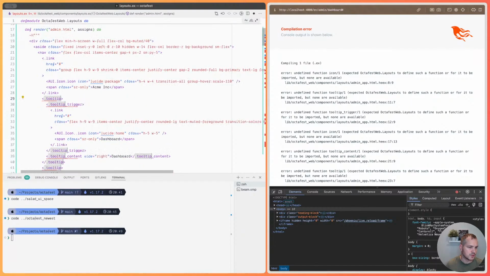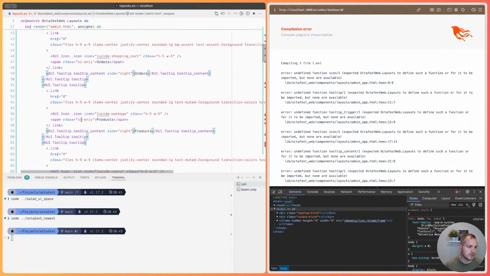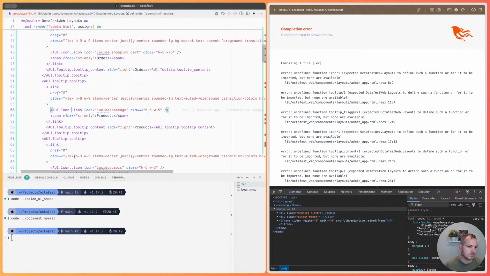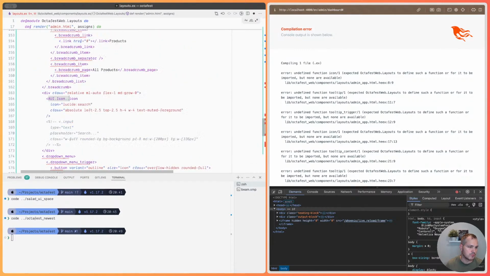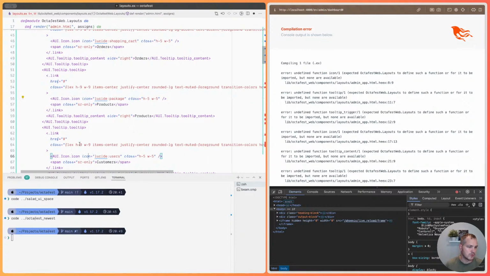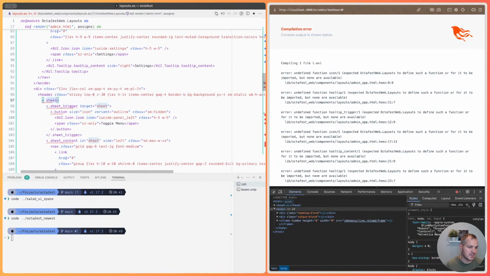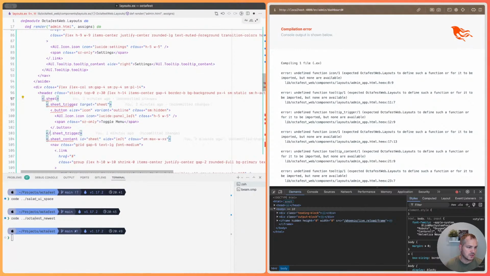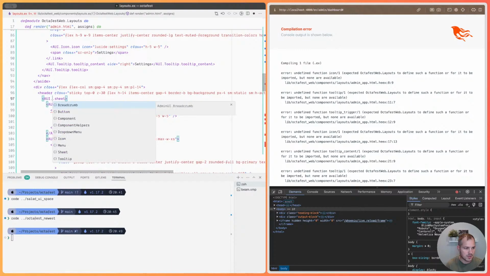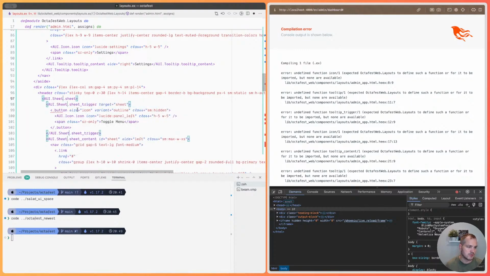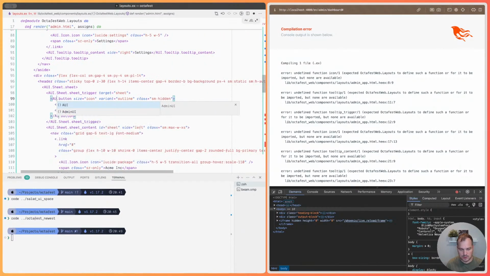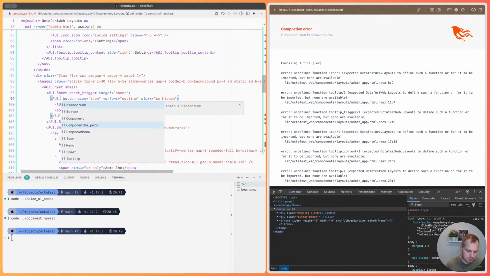All of the tooltips is AUI tooltip. This is what it is. Can't do much about it. Suppose AUI icon, and it's sheet. Oh, sheet. It's AUI sheet, and then it's button, AUI button,